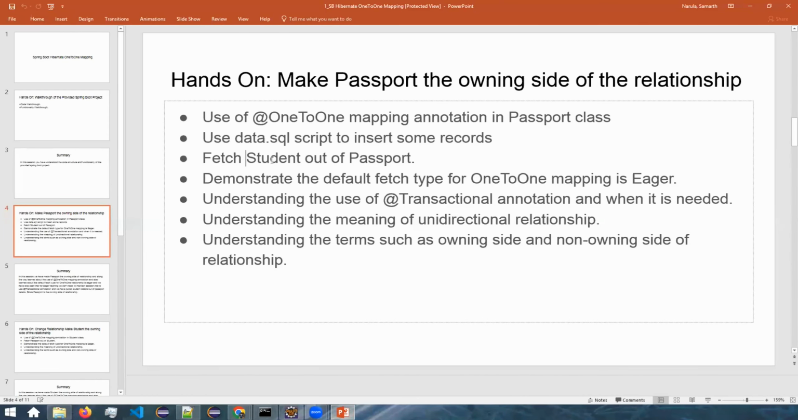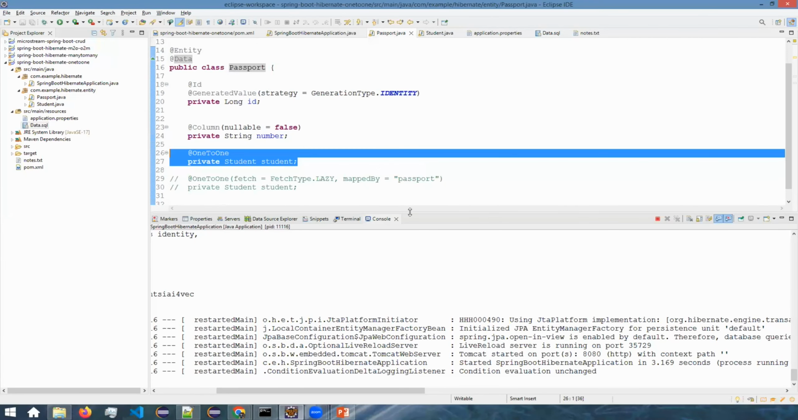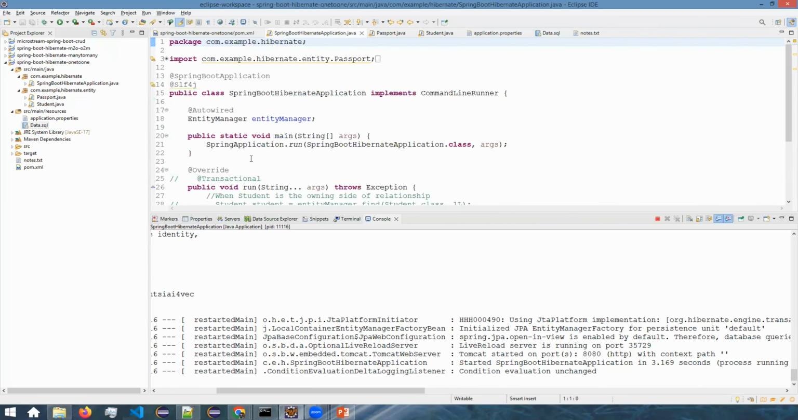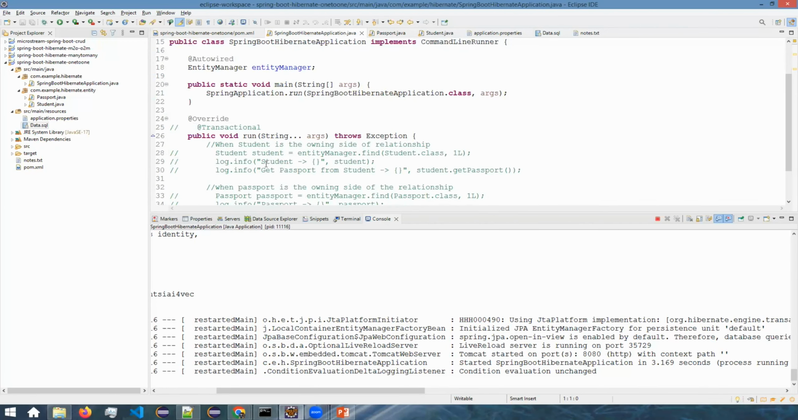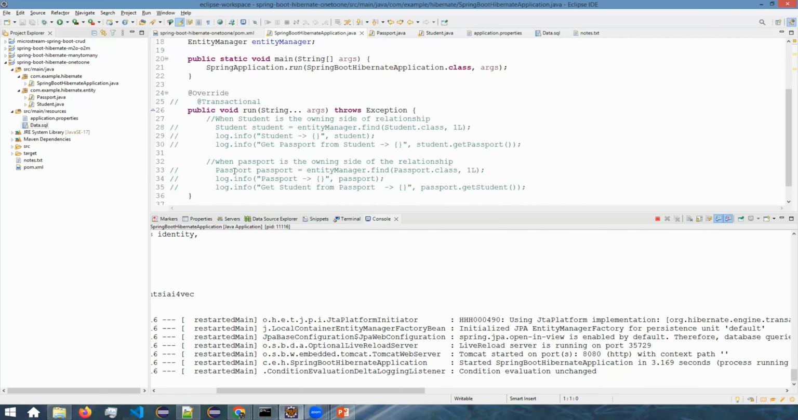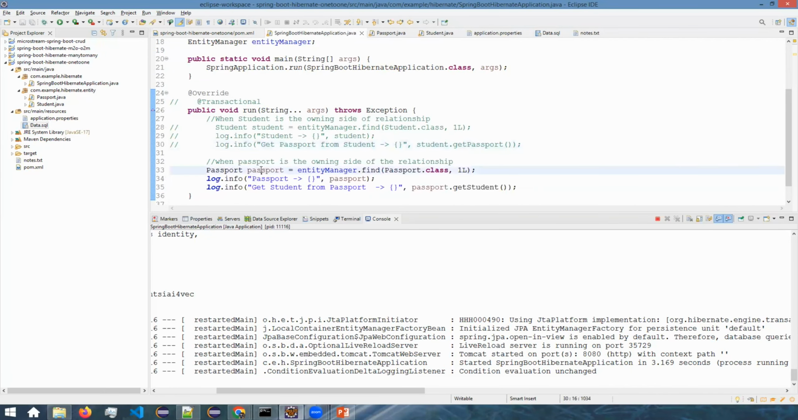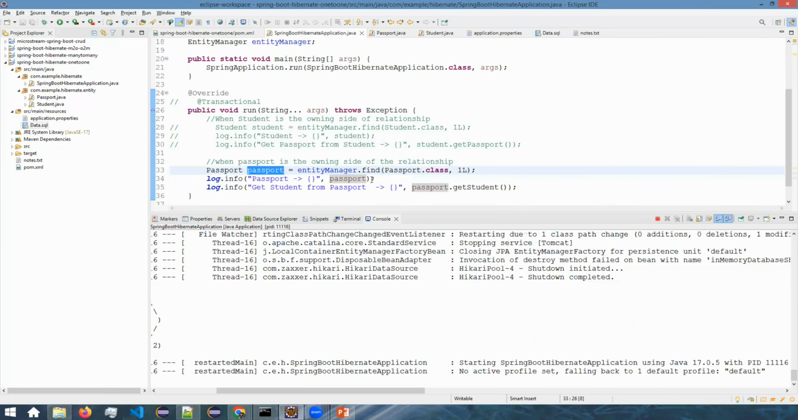Now let's fetch student out of passport. Now, which is the owning side of the relationship, students? Which is the owning side of the relationship here? Here in this one, passport, right? Correct. Passport is the owning side. So whichever is the owning side of the relationship, we fetch the non-owning side out of that. Since passport is the owning side, first we fetch the passport details and out of passport, we fetch the